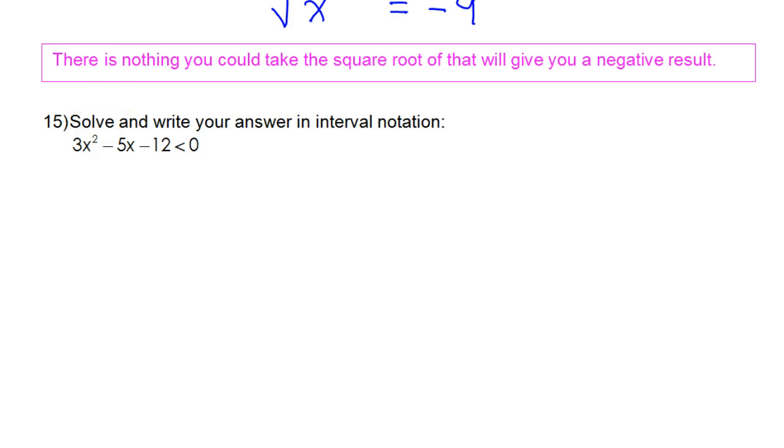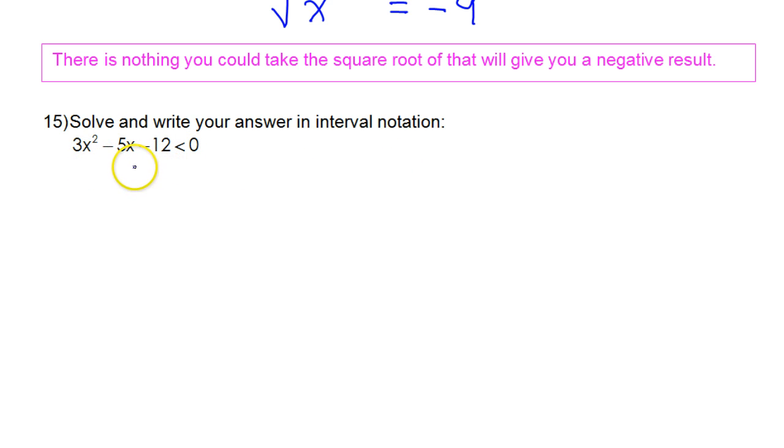Alright, but we make a habit of throwing in a few review problems just to make us reach back into our memory bank and pull back some old information. And that's actually a good way to learn. Every time you reach back for old knowledge, it really reinforces and helps you to remember it for the long term. Anyway, so number 15, if we want to solve this inequality and write the answer in interval notation,